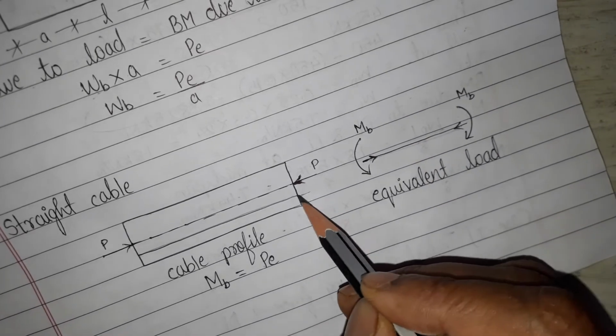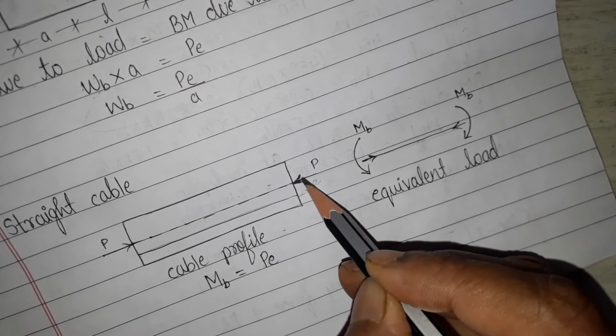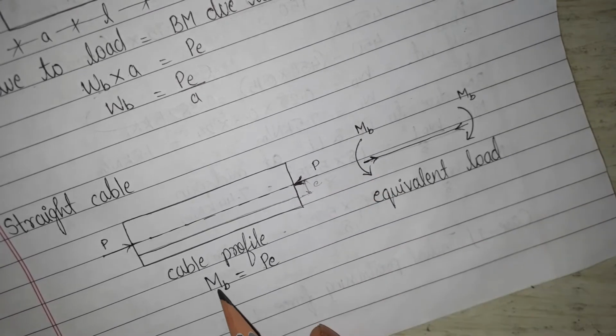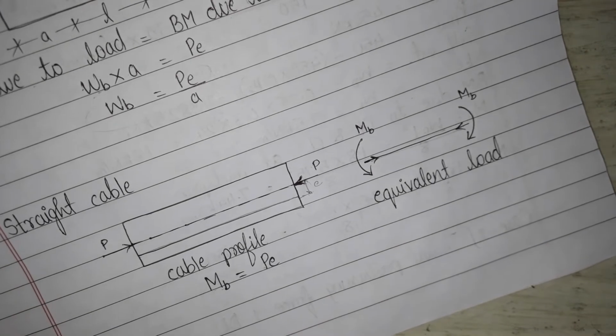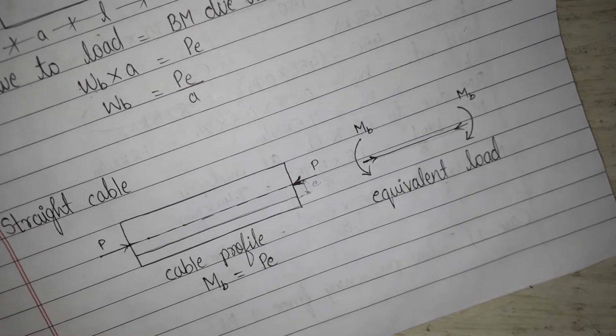Because this is the eccentricity, MB should be equal to P into E. That is the balanced moment required to resist the bending moment. Understood? So now we'll see